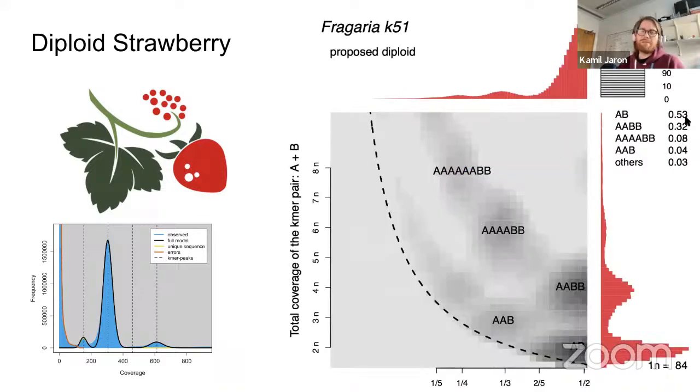If you go to 51, color scale doesn't matter. We now allow almost anything that is a valid name for a color scale. You will see that the AB is now the prominent smudge. It gives you the right point. And the reason for this is the longer k you choose, the more likely you hit the non-repetitive part of the duplication. So if you have smaller scale duplications, you will start kicking them out. While heterozygous sites, especially in a very homozygous genome, will have nothing around them. You can go far, far, far, and you will still be fine. There will still be just one SNP difference.